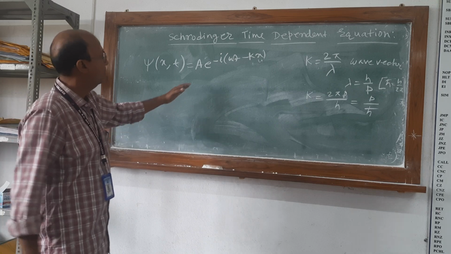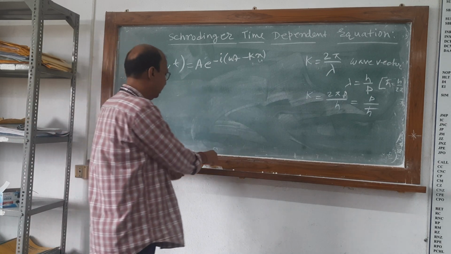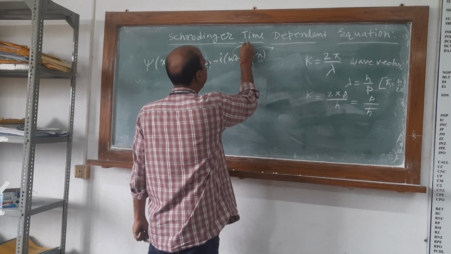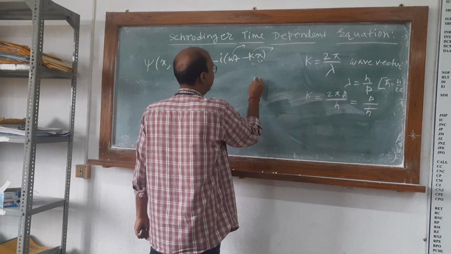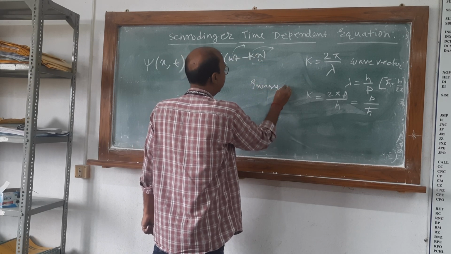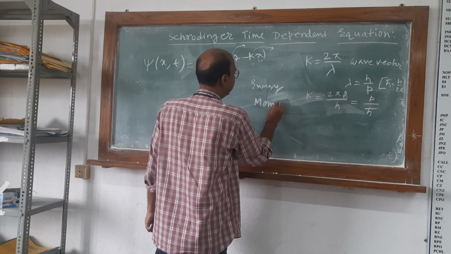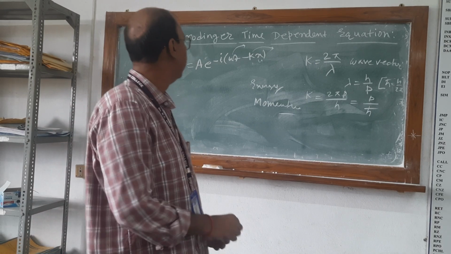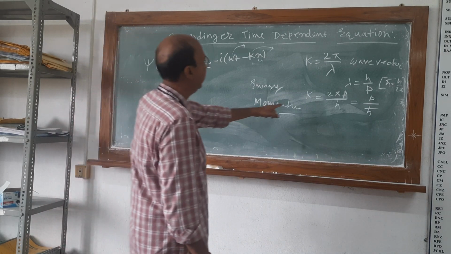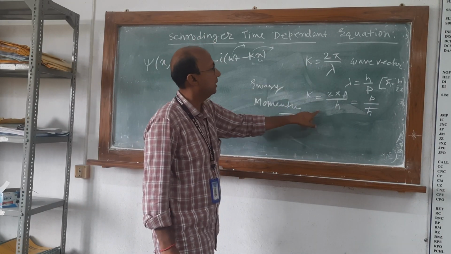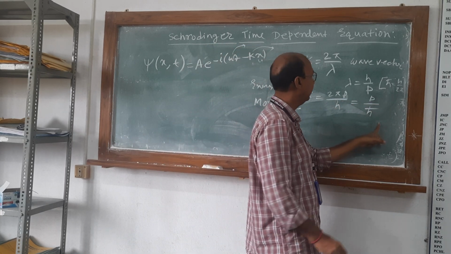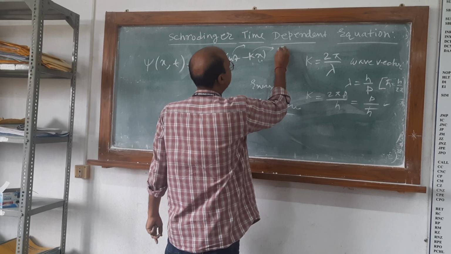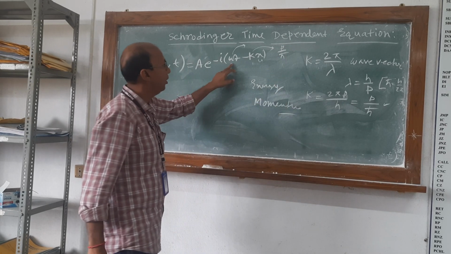Actually, we have to change this equation in terms of energy and momentum. Omega and k we replace with energy and momentum, which are measurable. So k, the wave vector, we represent with the momentum by h bar. So we replace this value by p by h bar, and we also know